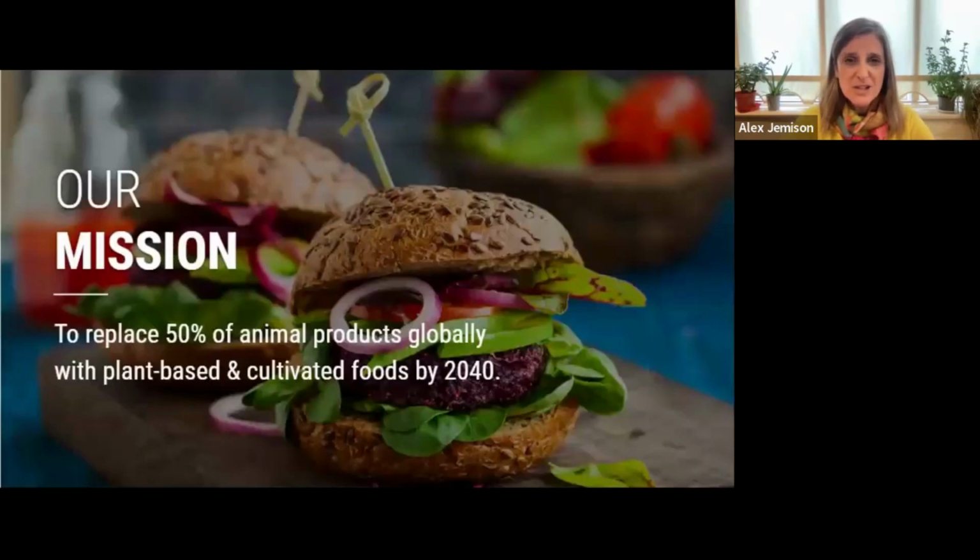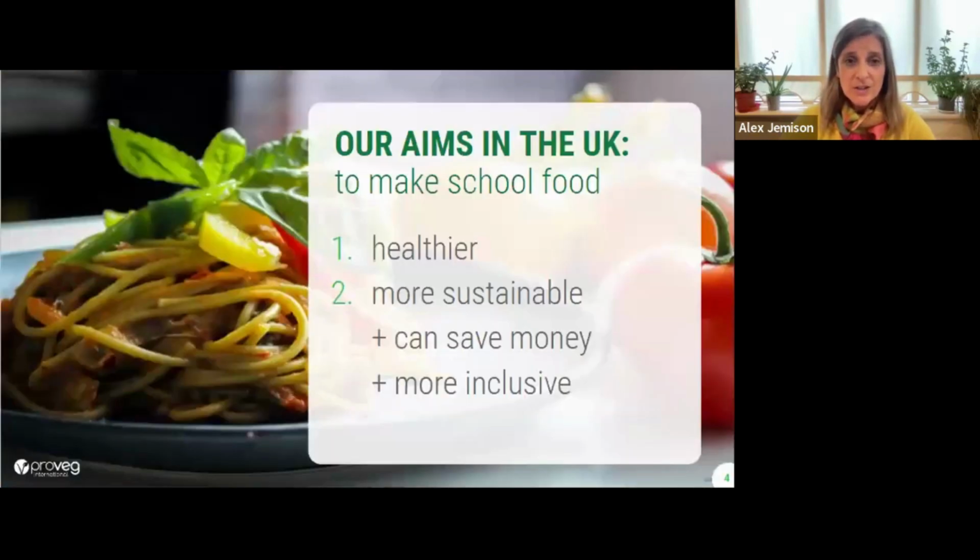So what is our mission, our objective throughout ProVeg? Well, we want to replace 50% of animal products globally with plant-based and cultivated foods by 2040. In the UK, we want to encourage caterers to make great plant-based choices available on their menus because they are healthier, better for the kids, more sustainable in terms of all sorts of parameters, and they can save you money, which is a main concern for a lot of our partners